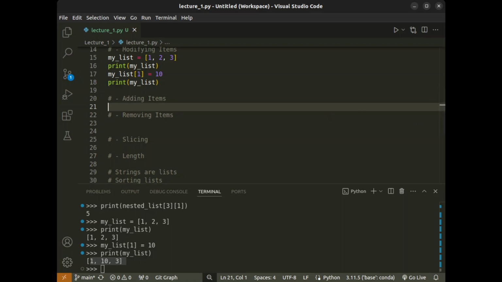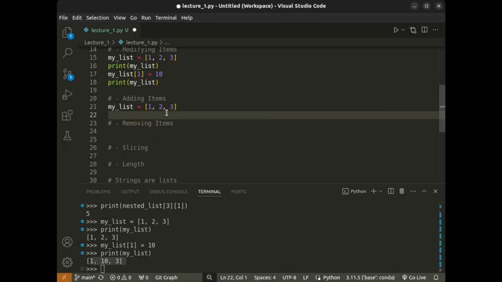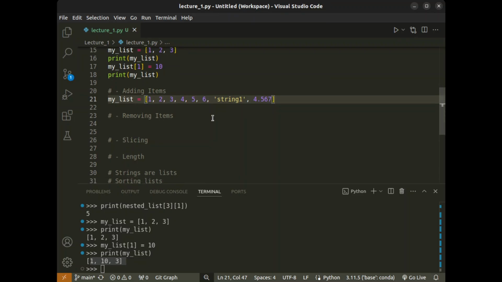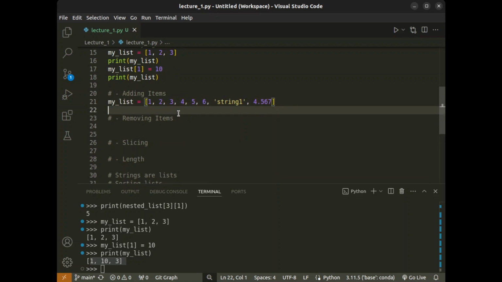All right. Let's talk about adding items. So let's say I have a simple list again as before. I'm just going to define it again. Let's just put more stuff there. Very simple, and maybe even a string 1, and some number, just to have a little bit of a different looking list. Now, to add an item to a list, you can simply use the method,